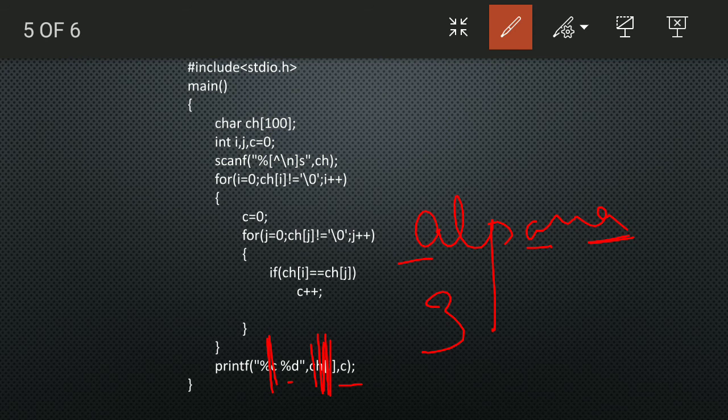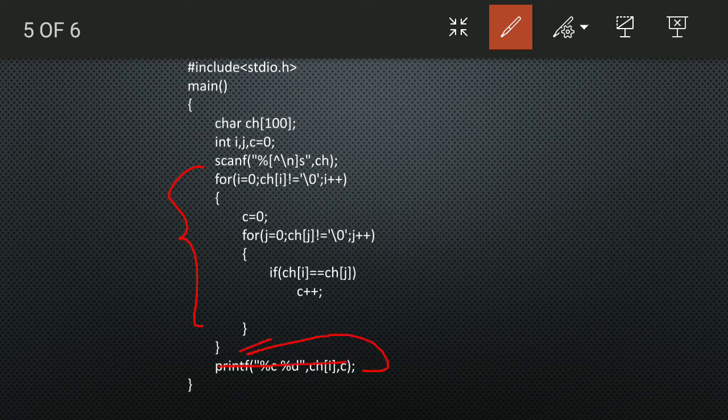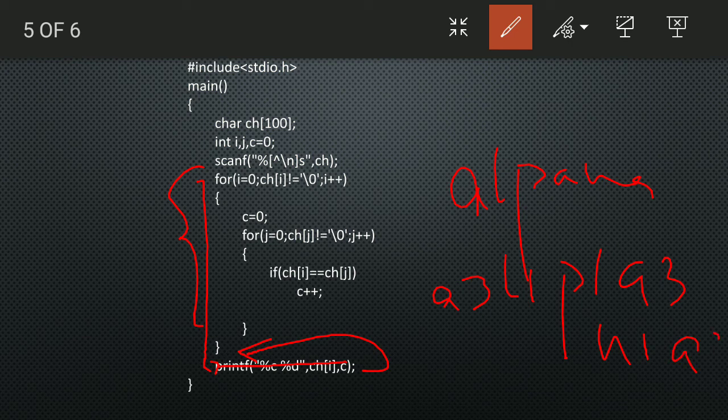So why I have written it for the whole is that if you replace this statement and write it inside this loop, after this bracket, then it will give the frequency of each and every character. Like in Alpana, a is repeated 3 times, l is 1 time, p is 1 time, a is 3 times, n is 1 time, and a is 3 times.